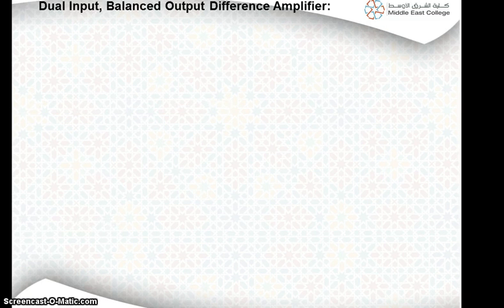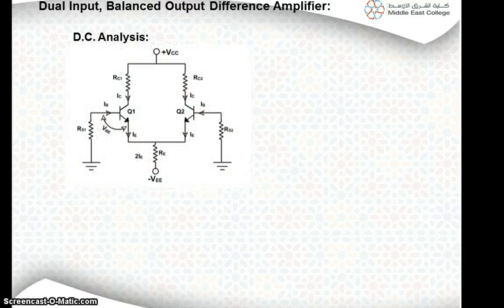Now comes the next case, that is, we are doing the DC analysis of the differential amplifier, dual input balanced output. DC analysis means we are considering only the DC signal. If any AC is there in the circuit, we will make it 0 or it will be grounded. Your two inputs V1 and V2 are both AC signals. Since we are doing the DC analysis, we are not considering any AC signal.